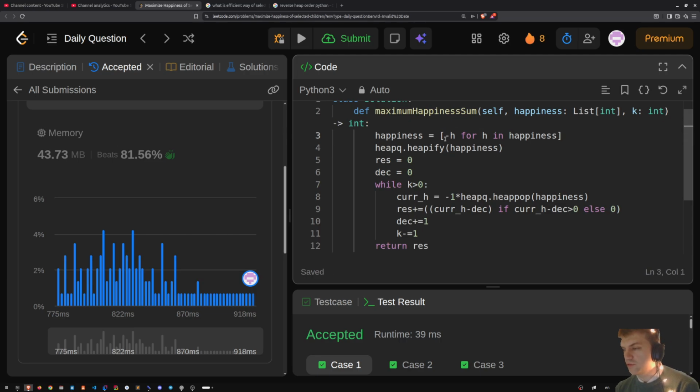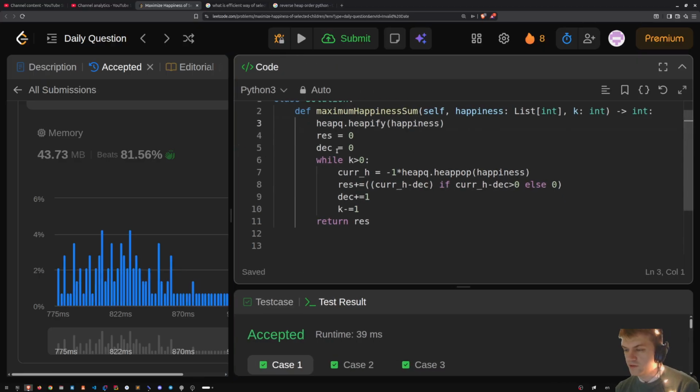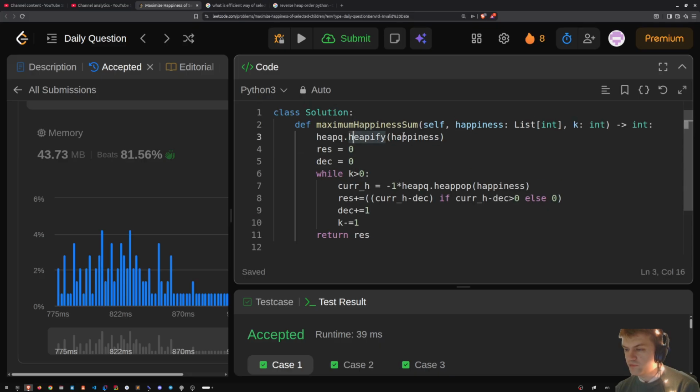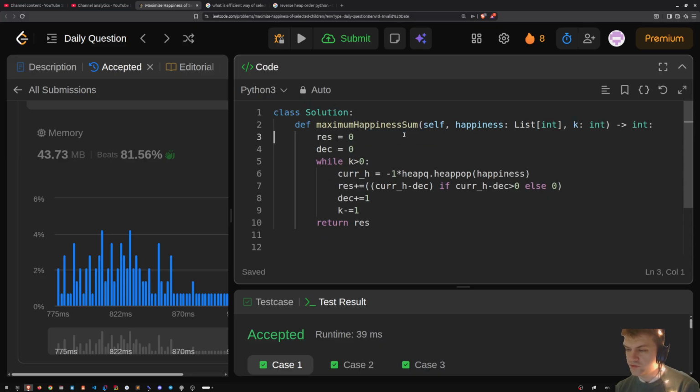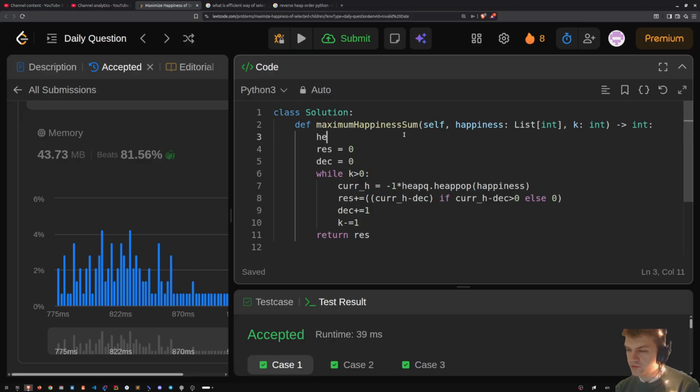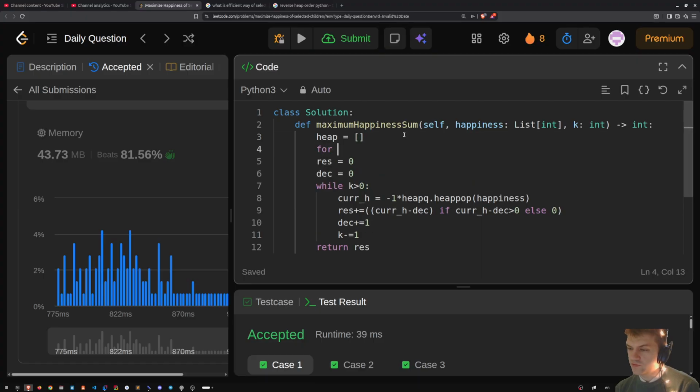So I need to, let's say we have heapify. Yeah, that's true. I don't wanna heapify. I wanna just heap equals just this one, and then for h in happiness,